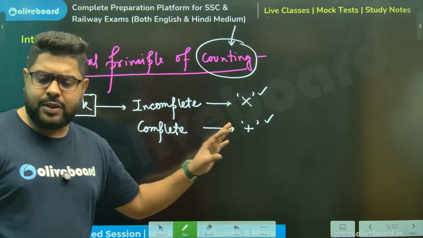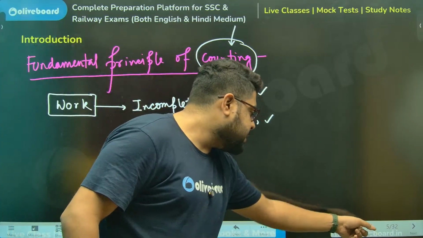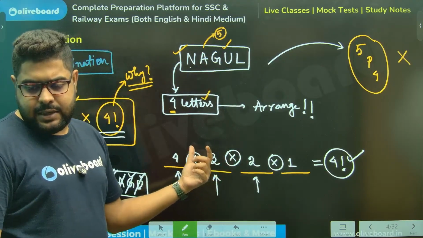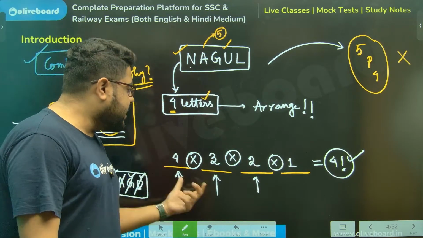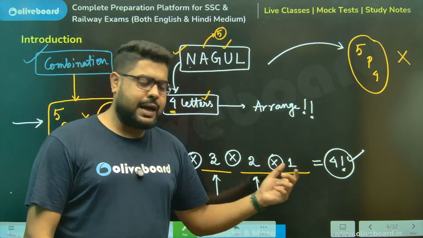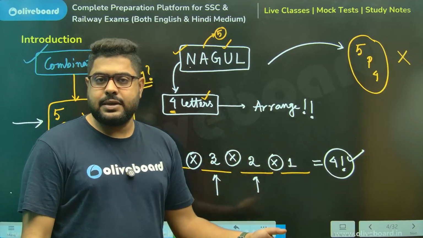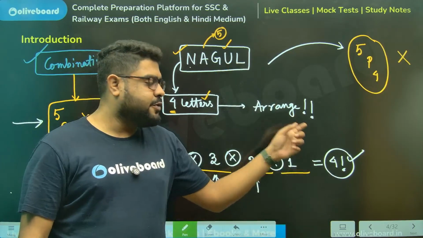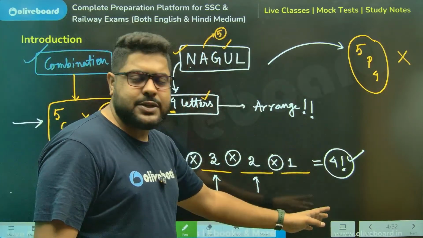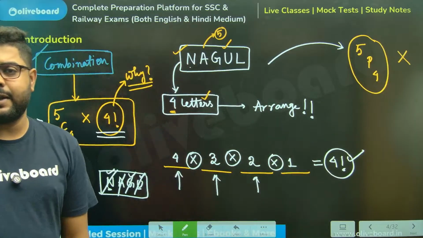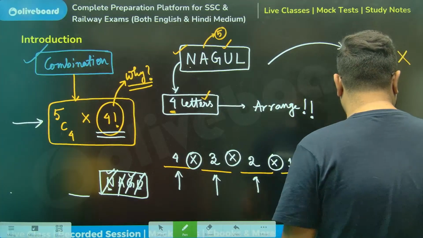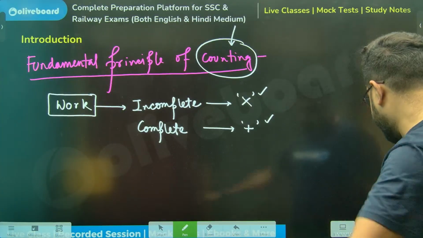When your work, over here the work is what? In this case, the work for us was making words using letters. So until that work was done, I can keep on putting multiplications. Whenever the work is done, I have to put plus. Over here, there was only one work, so I didn't need any plus. So multiplication itself sufficed. But again, there might be questions where we will need plus. Okay? We will go there.